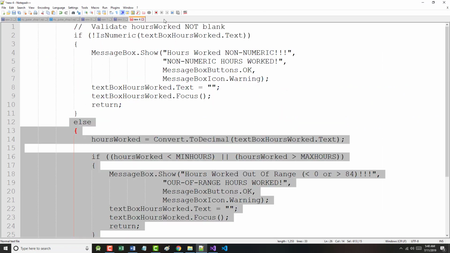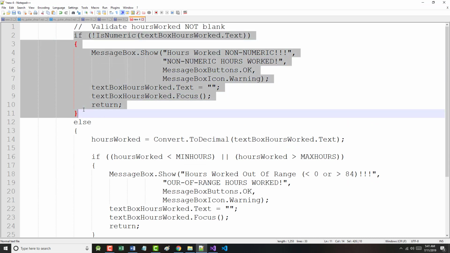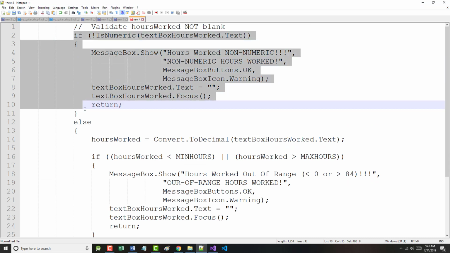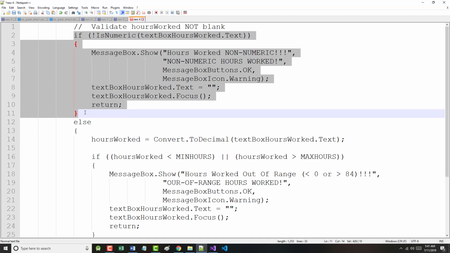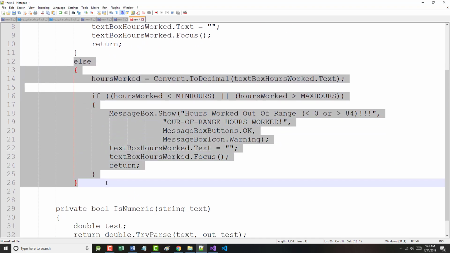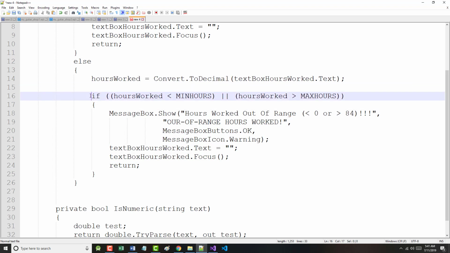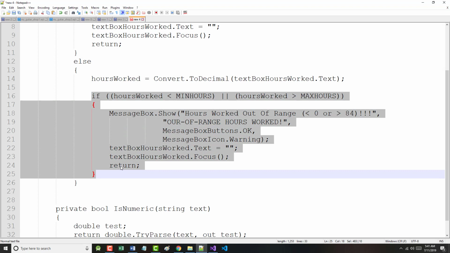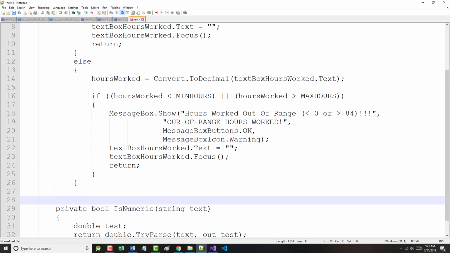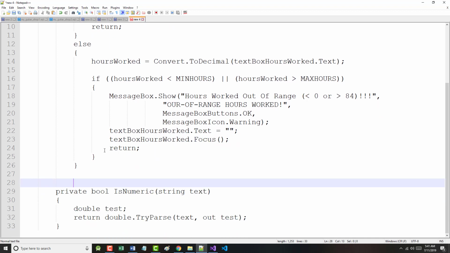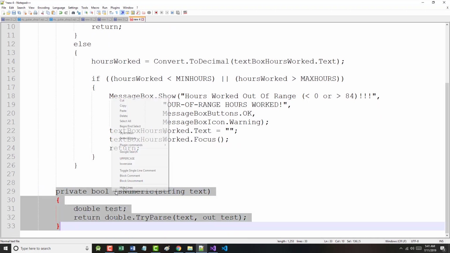all right, we used an if statement, and we said if it was not numeric, do your thing and get out. Else, we know that it was numeric, so again, if it was out of range, do your thing and get out. But if you got down to this point right here, not only was it a number, but it was a number for the hours worked that was between the minimum of 0 and the maximum of 84. And this was our check right here